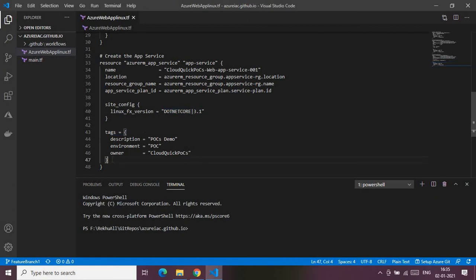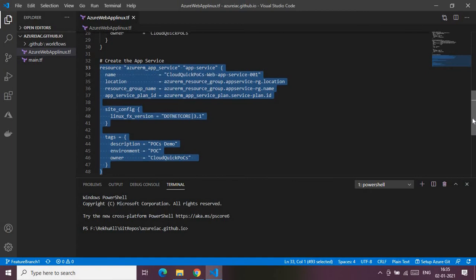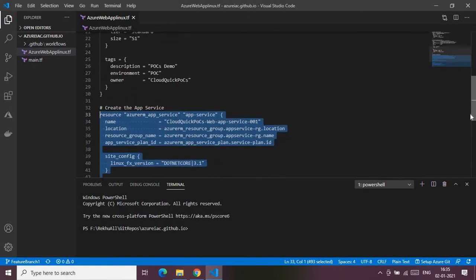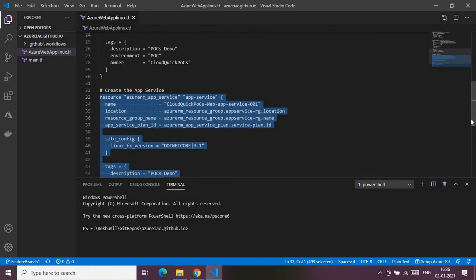And again I'm adding the tags, and the web app as well. So this completes the definition of azurerm_app_service in Terraform. That completes our code walkthrough. I would really encourage you to explore these keywords or resource types from the Terraform enterprise blog, and you will find the different properties or parameters for creating those services. That would help you opt for the new features of these services.